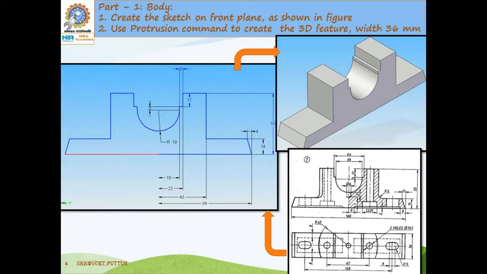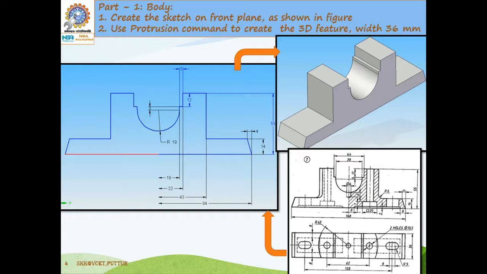In that, the first step is to open the solid software. After opening, click on the part modeling sheet. In that sheet you have to select the sketch command or protrusion command. After selecting it, go for the front plane. You have to click on the front plane.